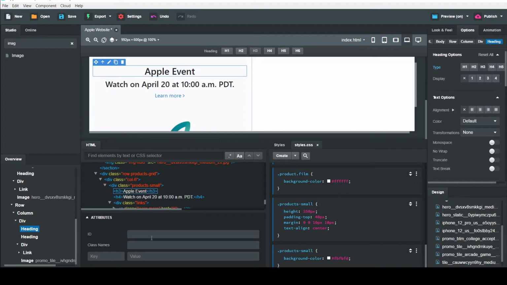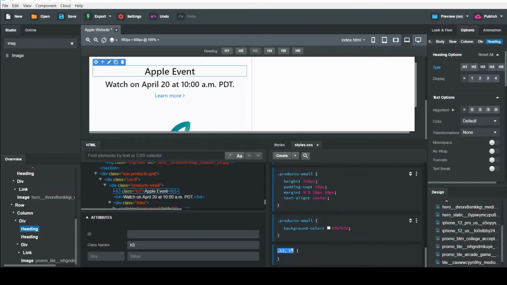Give the class name to the first heading and create the CSS for that. We make the font size 26 pixels and the font weight bold.